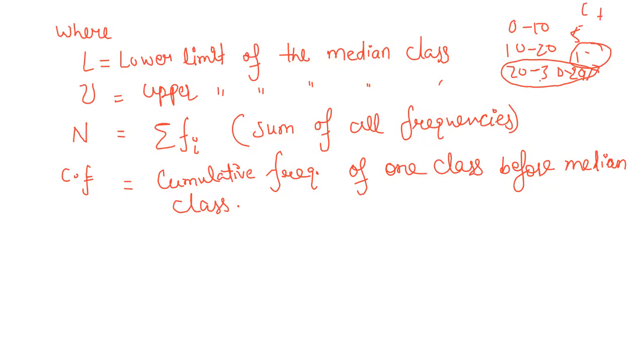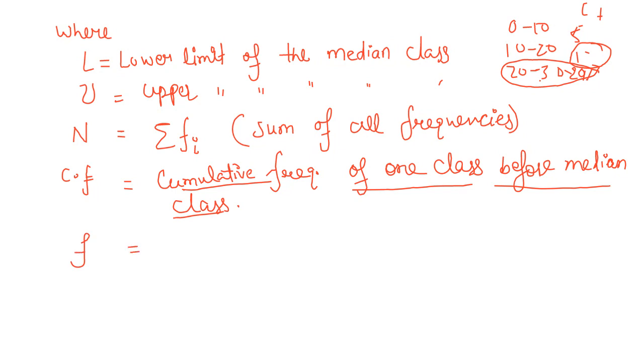Yes, Abhishek clear? Rajan, Gautam. Don't worry, we will do numerical questions. I'm just explaining here. What is C dot F? From the name, everybody knows that it is a cumulative frequency. But when we apply the formula of median on the given data, then what is the value of cumulative frequency? It is the cumulative frequency of one class before the median class. In the question, I will tell you how to select the median class.